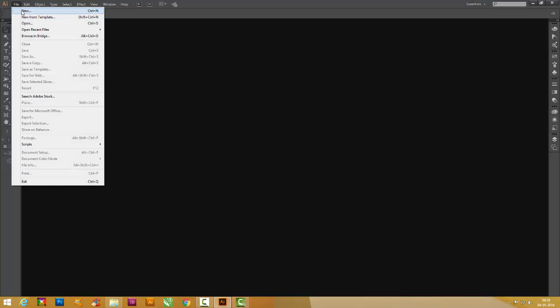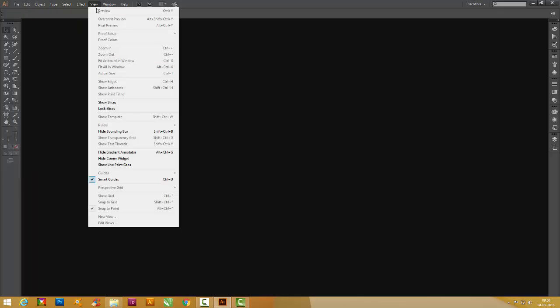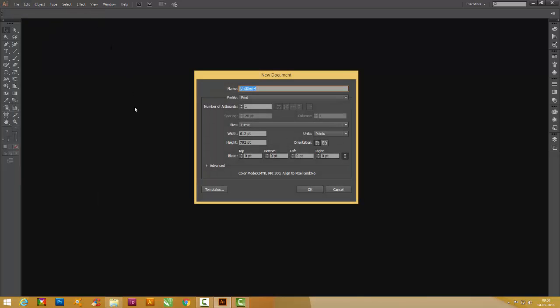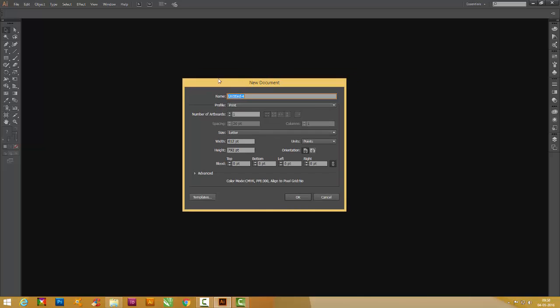The next topic that we are going to see in the Illustrator series is about how to open a new document. To open a new document, you have to go here to File and click on New. You can achieve the same thing by using the shortcut key Ctrl N that is displayed here. Once you click on that command, this new document dialog box opens up, and the first option that you get here is the name.